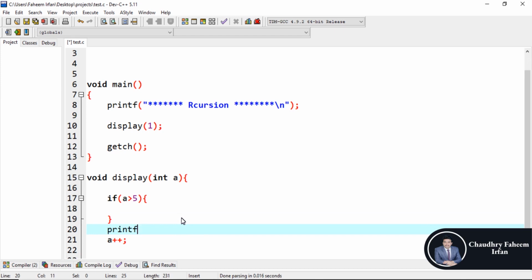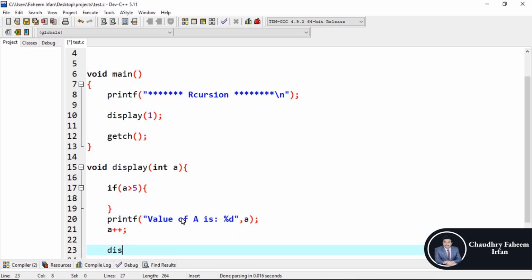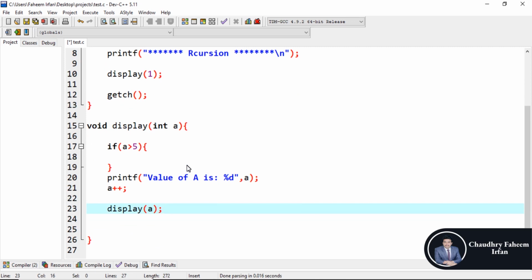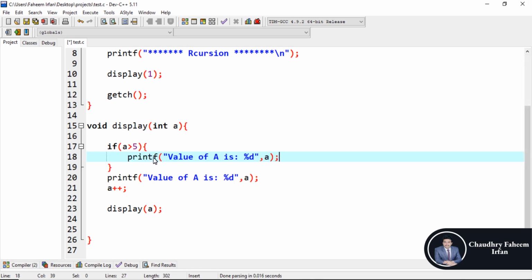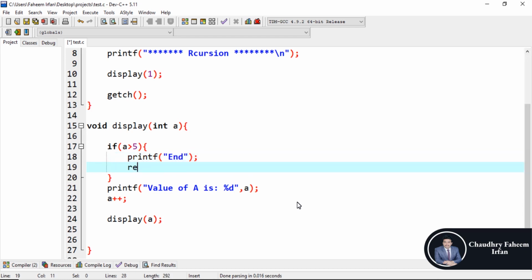First of all, printf value of a is. After that, call the display function. So according to the definition of the recursive function, a function that calls itself is called a recursive function. Then simply here, print an end message and return,